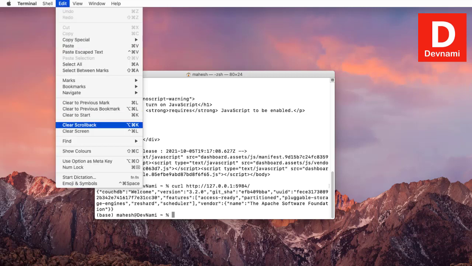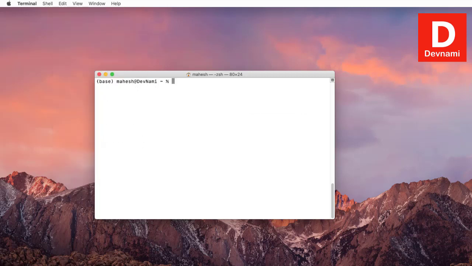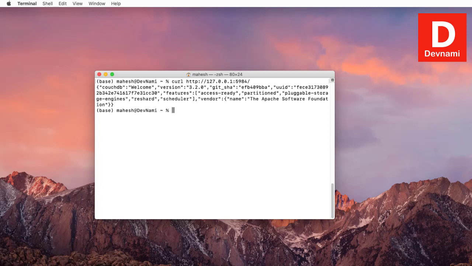So let me clear the screen and show it, right? So basically this was the command curl and then HTTP 127.0.0.1, then port 5984, right? Now if I hit enter, it returns me that JSON data. So this is what we want from curl. So here you see